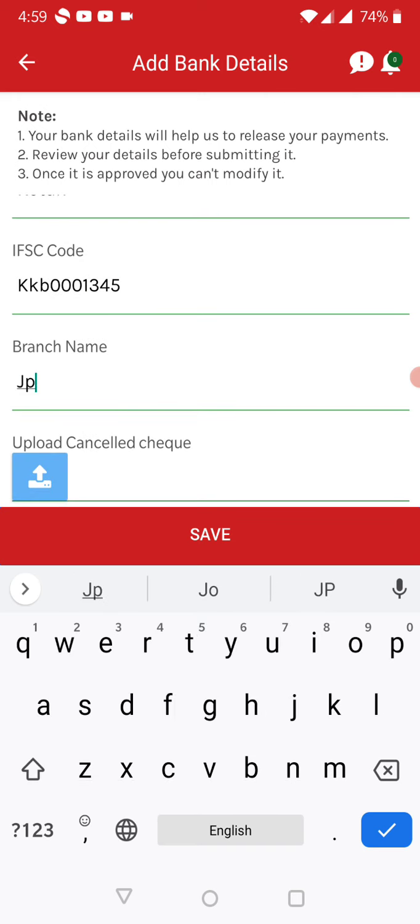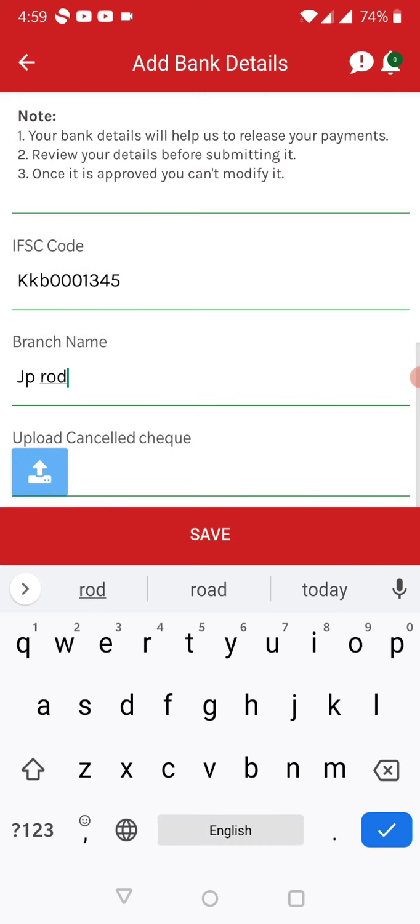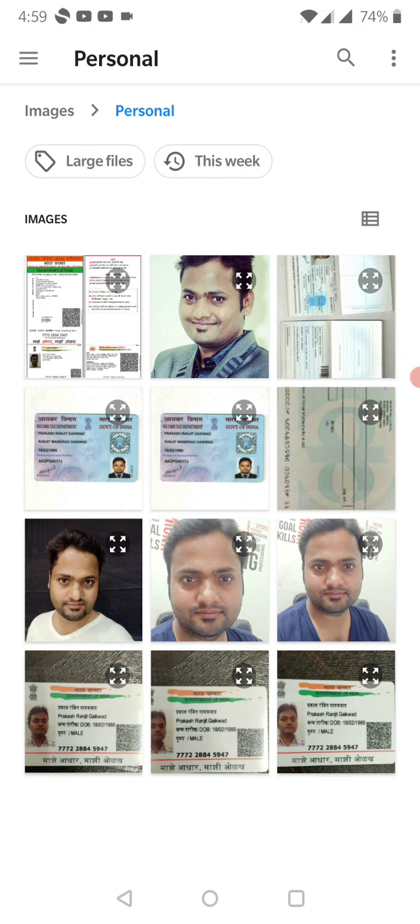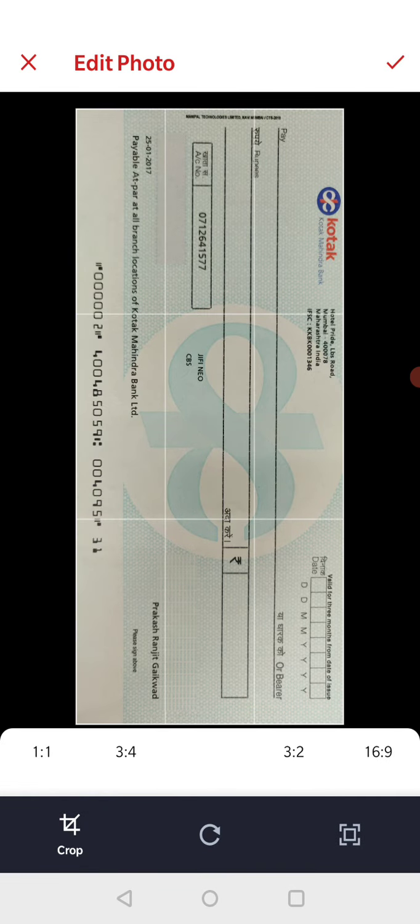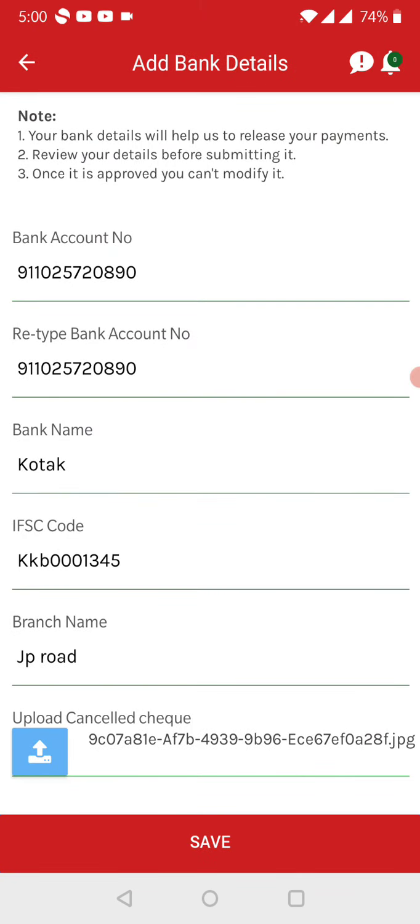Branch name, wherever you have the account. I'm just entering demo details. Then you need to upload the cancelled cheque. So this is the cancelled cheque which you need to upload. It needs to look exactly as it is, and then click on save.